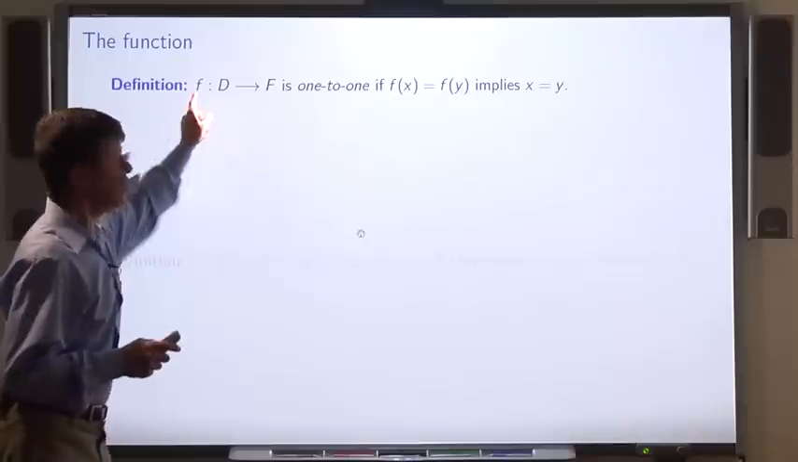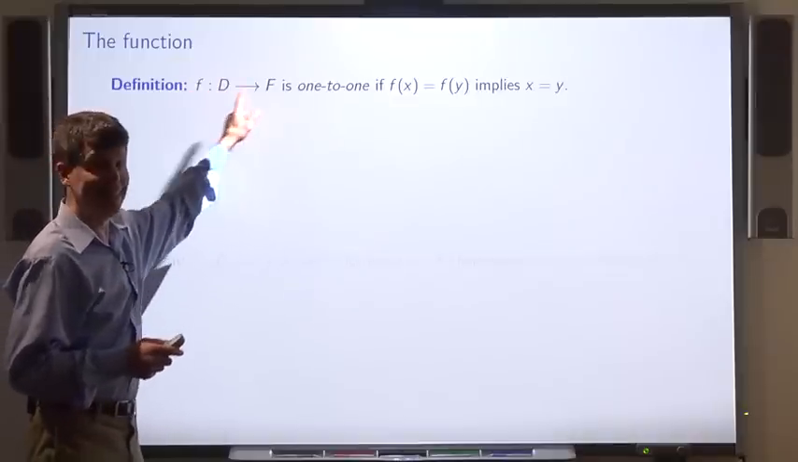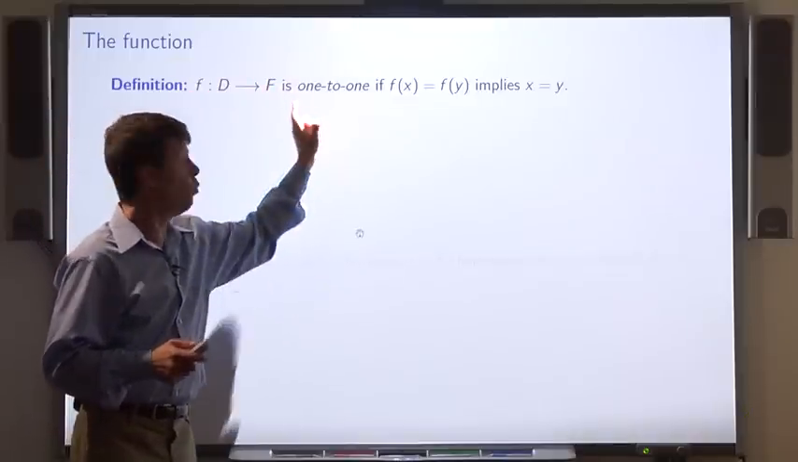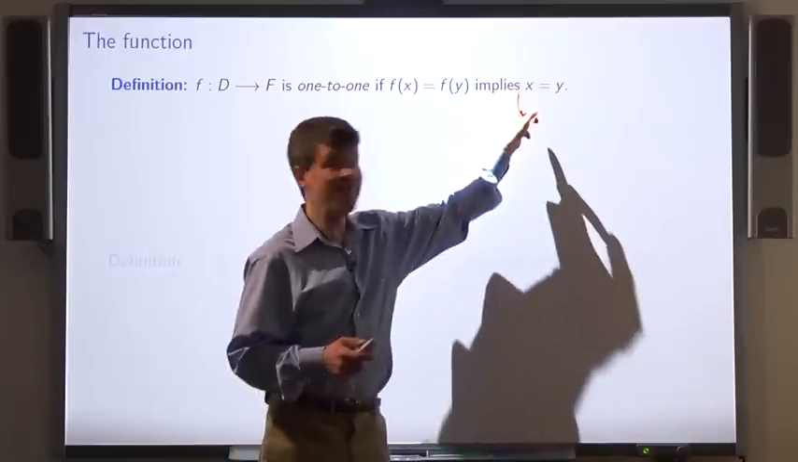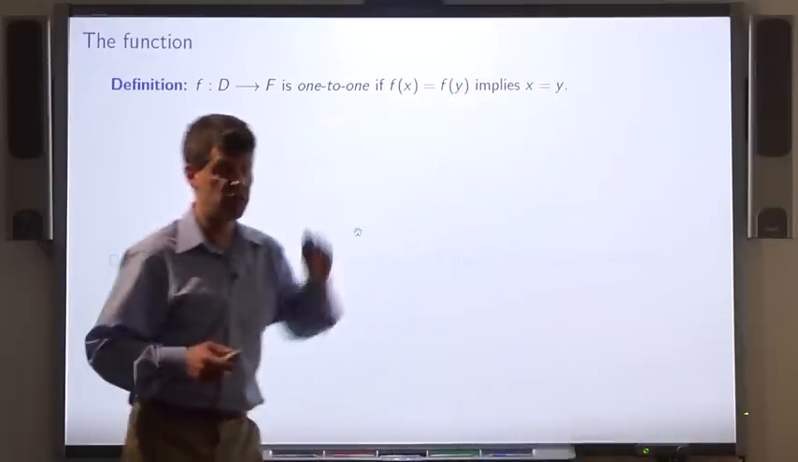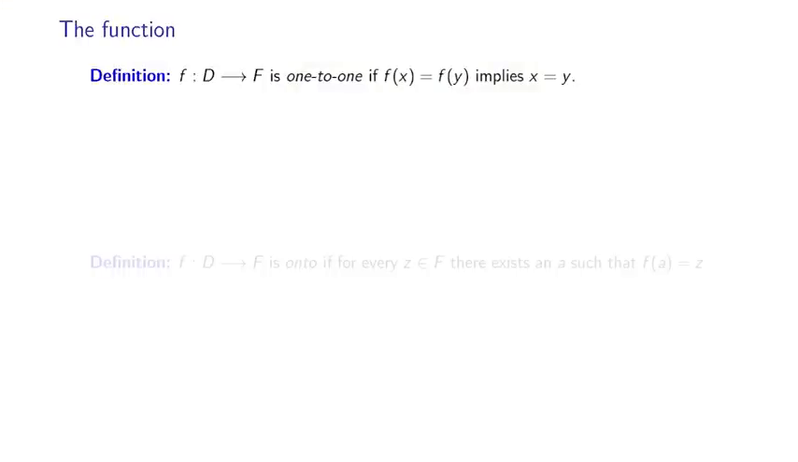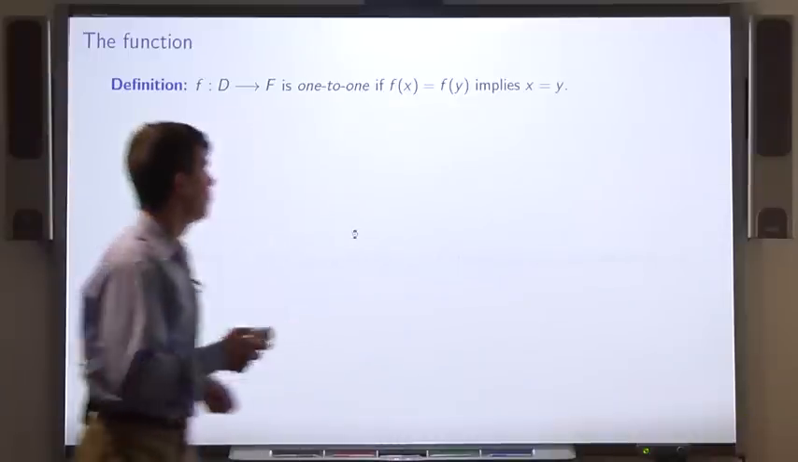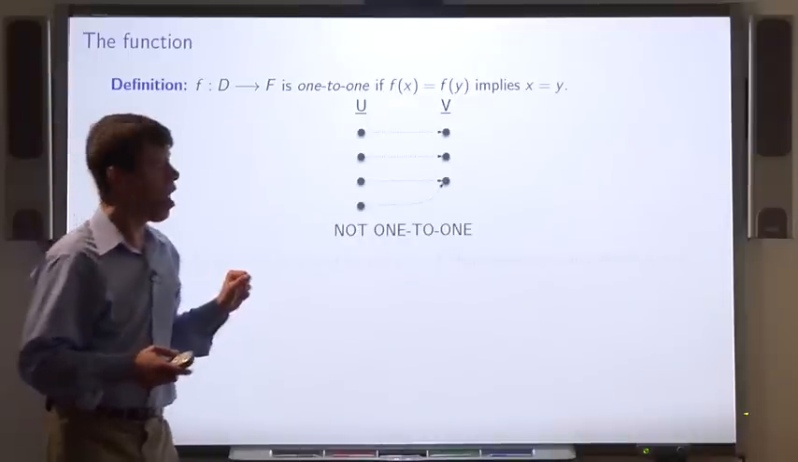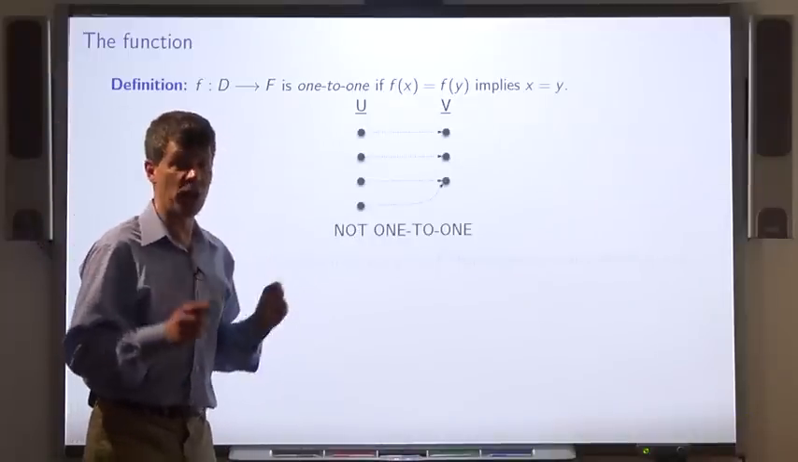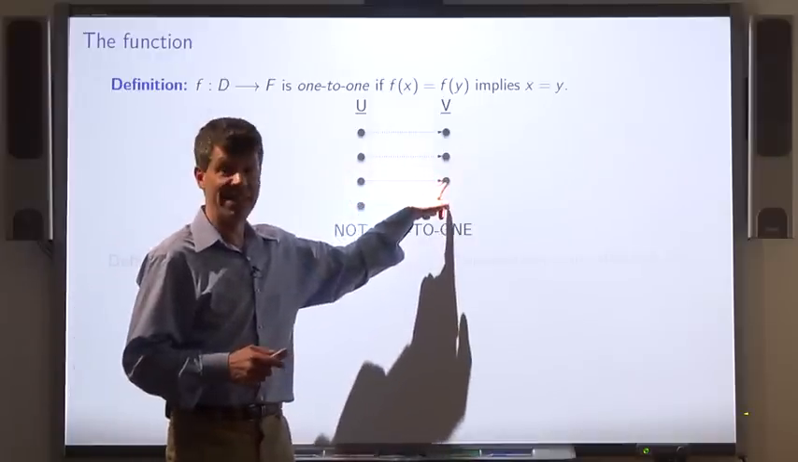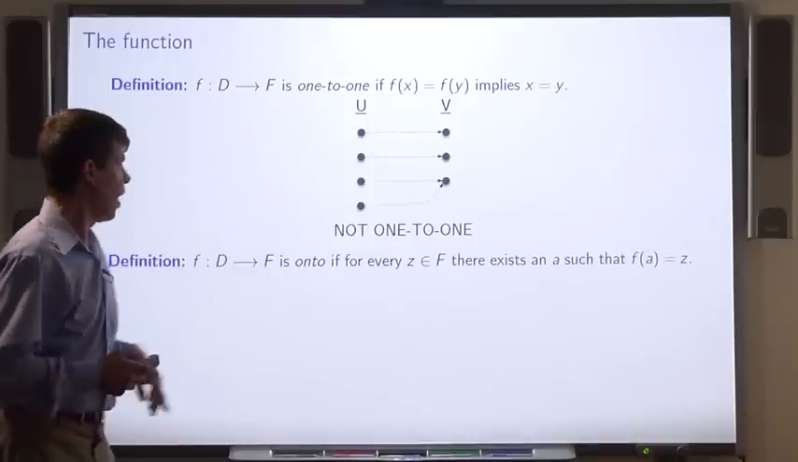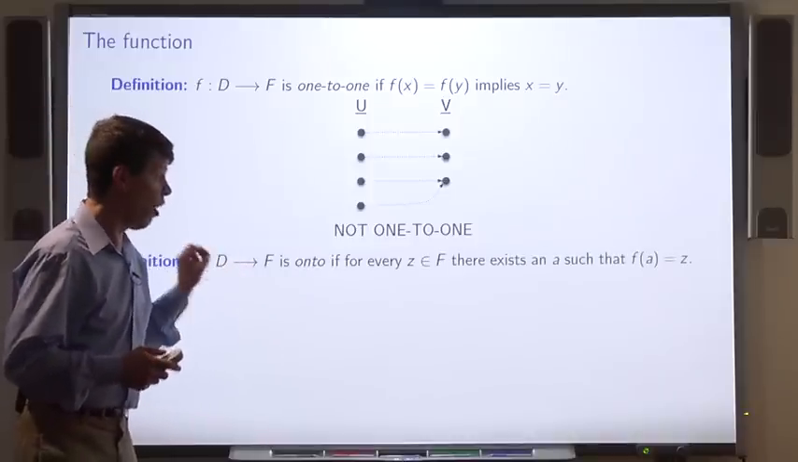Now, a function f from D to F is said to be one-to-one if f of x equals f of y implies x equals y for every x and y in the domain. That means that there are no two distinct elements that have the same image. So here's a picture of a function that's not one-to-one, because these two elements of the domain have the same image. A function f is onto